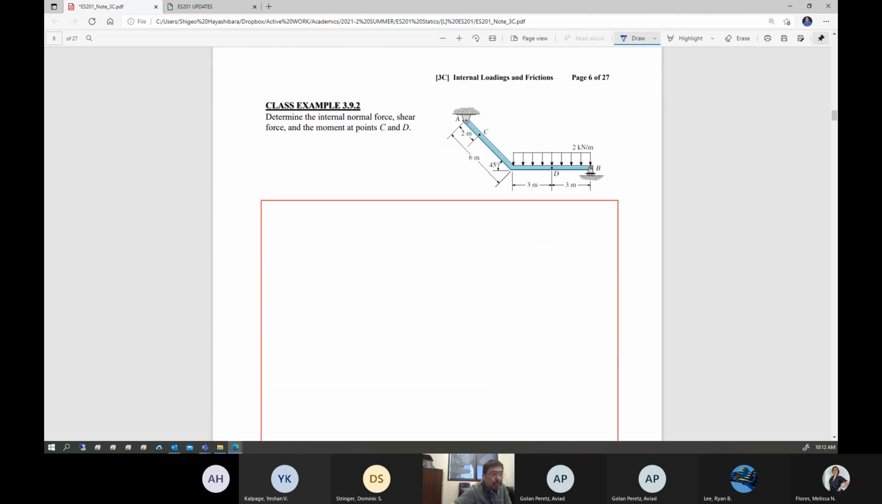Let's take a look at another example. Example 3.92, determine the internal normal force, shear force, and the moment at points C and D. Now, this is not a beam. This is a frame, okay? So, how can I handle such a thing? We can do it. So first of all, the entire free body diagram. So this is a pin support. You have two unknowns. This is not the pin. This is a pin with a roller. So you have only one support reaction. This is the same as